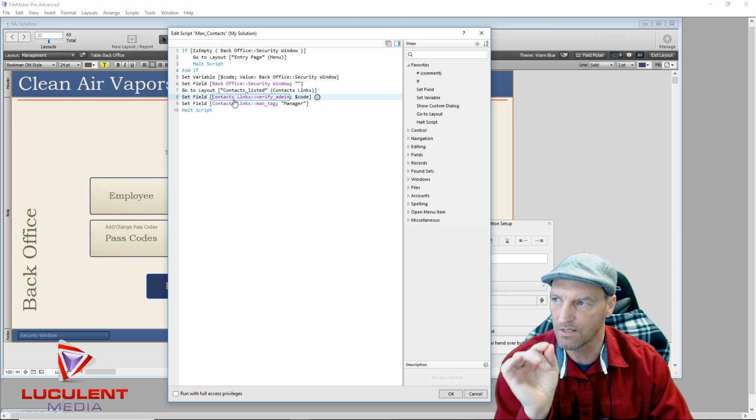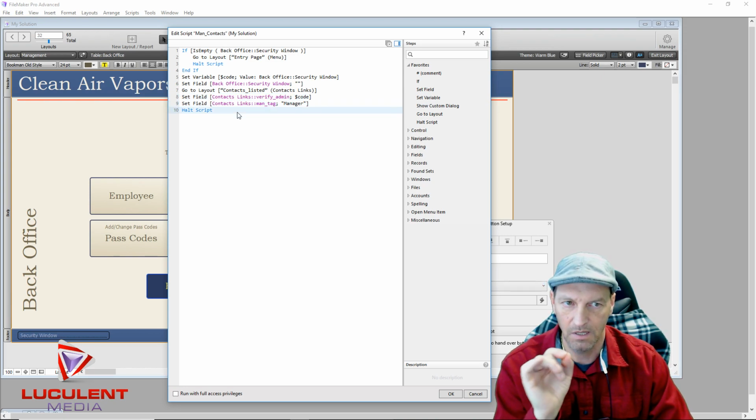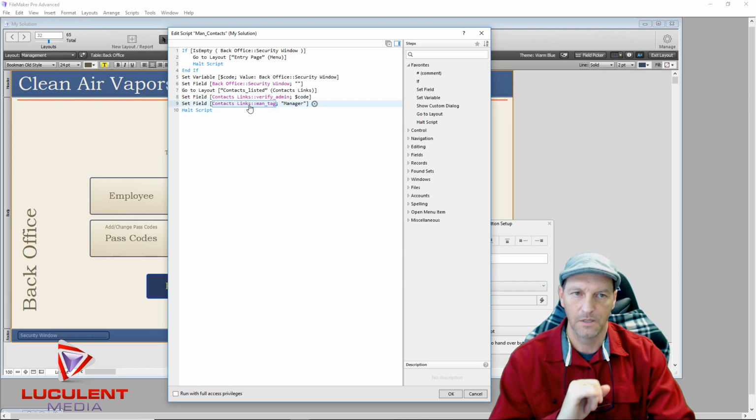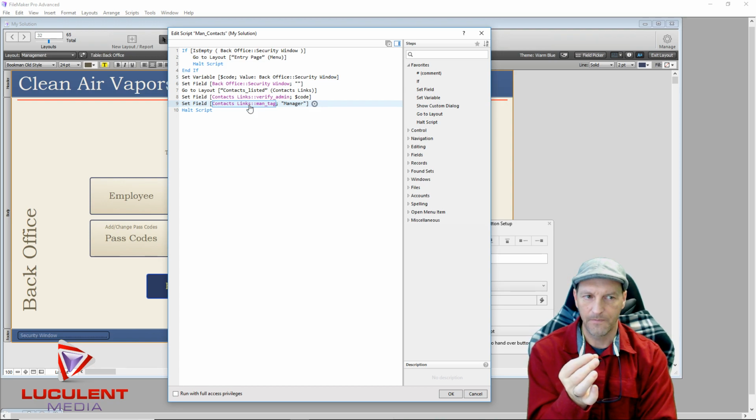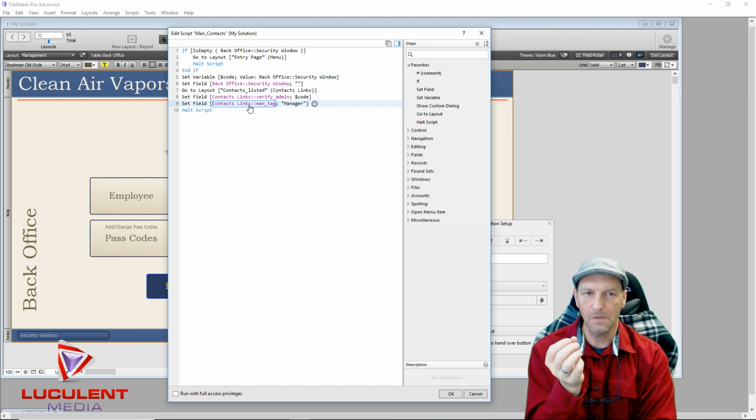Basically, all it says is set the field and then set the field. So in this case, what you would need to do is say if is empty, set the field. But if not is empty, then you would want to just return to the original thing and